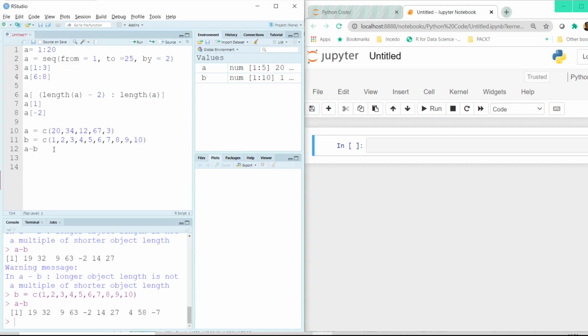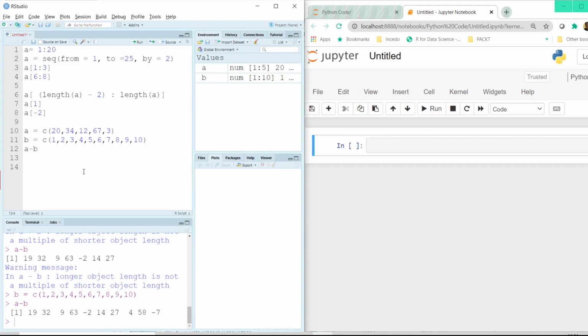I hope you don't find this complicated. Just in case you're finding it complicated, don't worry, we'll try to solve a few problems after we also cover dates and times, which would be the next tutorial in the playlist. Once we're done with dates and times, we'll try to solve a few problems based on whatever we have learned so far. And we'll do that in both R as well as Python. All right, that's how arithmetic is done in R.